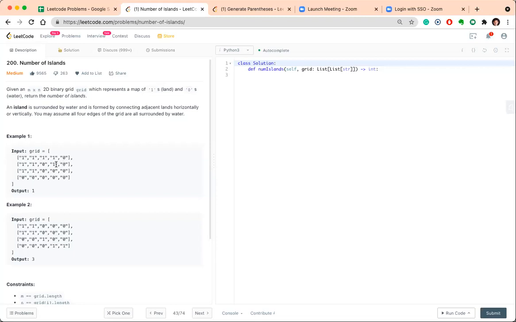Let's say I start from this one, then I go right, again right, again right. If I go right and there is water, I invalidate this case by backtracking. Then I try to go upward. Upward is out of bounds, so I invalidate this case by backtracking.